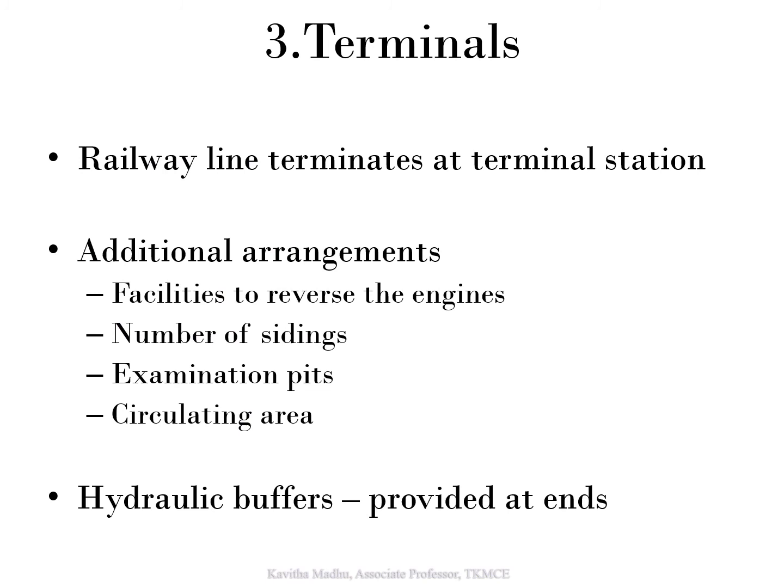The next classification which comes under the functional characteristics is the terminal junctions or terminal stations. These are the stations at which a railway line terminates or the continuity of a line stops. They are known as terminal stations. One such example is Chennai, or you can see any number of examples in India like Howrah, Bombay. All these are examples of terminal stations.